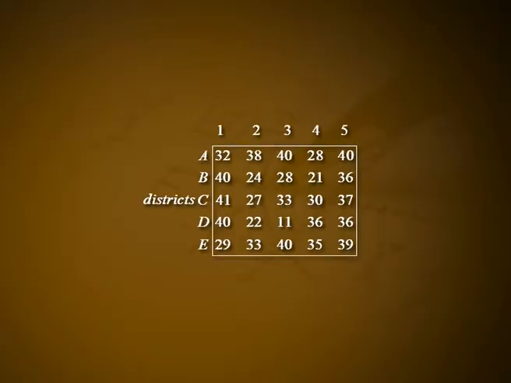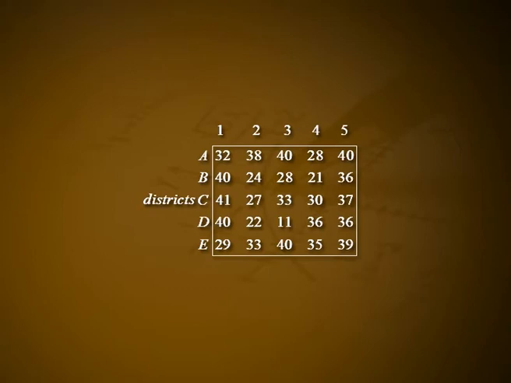Solution. As the given problem is of maximization type, it is to be reduced to minimization type before solving it. This is achieved by subtracting all the elements of the matrix from the highest element in it. Since the highest element given in the table is 41, by subtracting all the elements from 41, the problem reduces to minimizing the sales loss as given by the following table.